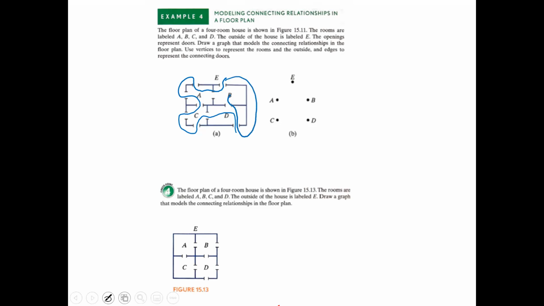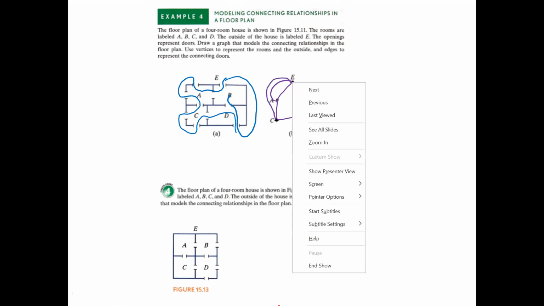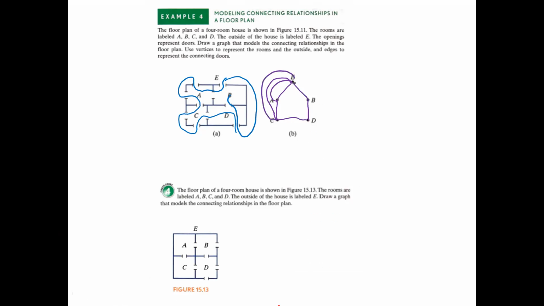Draw the path, but then once you find the path, your path here should go from, let's start from A to E, E to B, B to D, D to C, C to A to E, E to C,